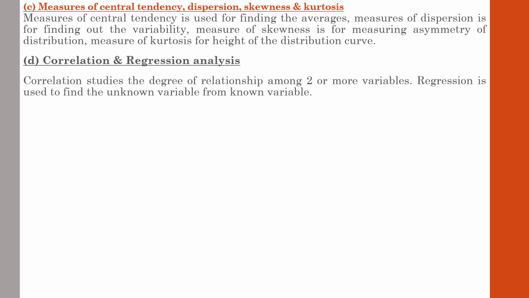In such situations, by using a certain equation, you can exactly find the value of y. Y means unknown value from x. X means known value. X and y, the variables, may change depending upon the situation, but the concept is that regression is a method used for identifying an unknown value from a known variable. That is the concept of regression, and we will be learning about correlation and regression and its application level in detail in the next module.